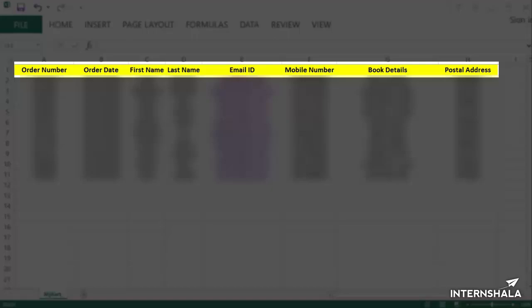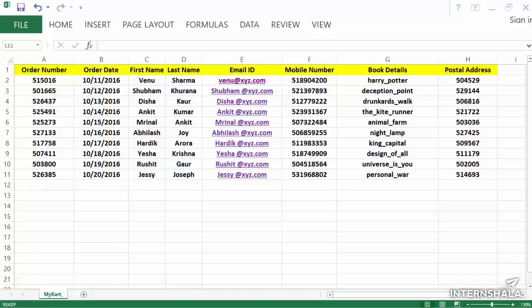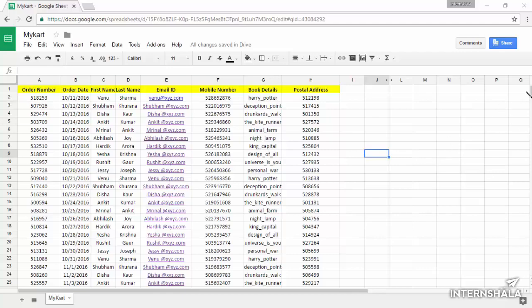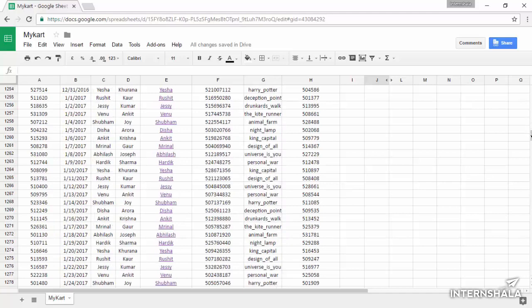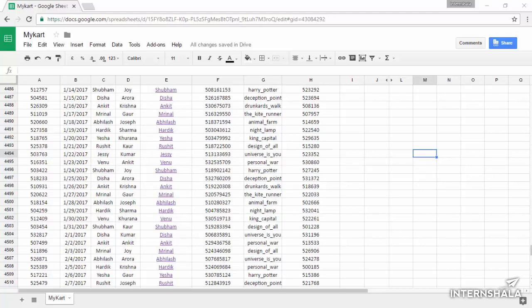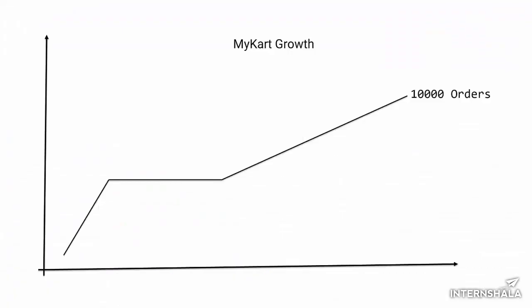After few months, you realize that your company is getting famous and you decided to expand it by covering 5 more colleges in your state. In order to manage your growing business, you hired 2 interns to assist you. Now, there are 3 people working, so you decided to move your database to Google Spreadsheet, which is similar to Excel but with all the data stored online. This allowed all 3 of you to access the database at the same time and to enter or modify the data simultaneously. Everything is going fine.